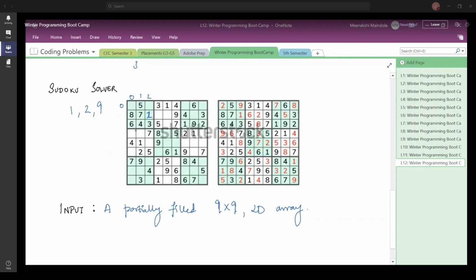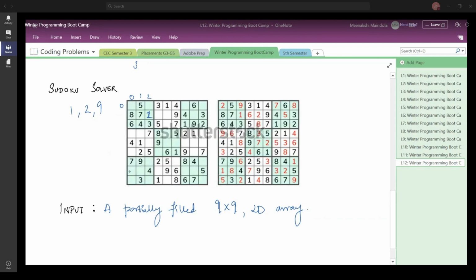In this submatrix again, I have 1 already, so I cannot fill 1 here or here. But in this submatrix, I do not have a value 1. And in this submatrix, I cannot fill 1 here because this column already has 1. In this particular submatrix, these two empty cells cannot be filled with 1 because this column already has 1.